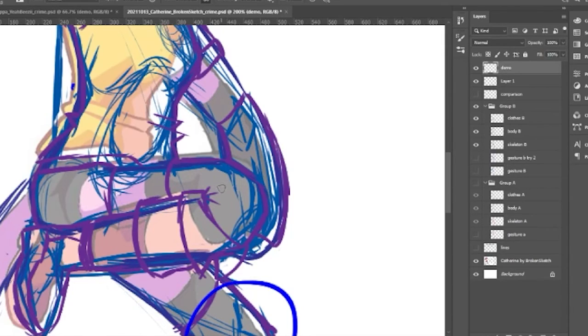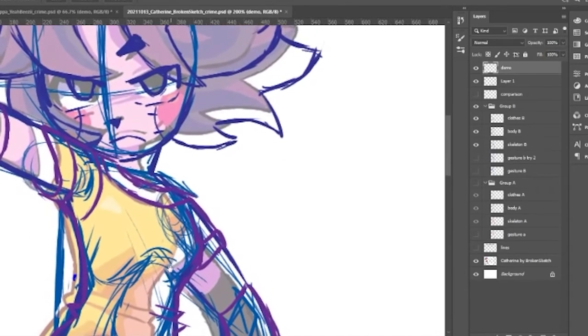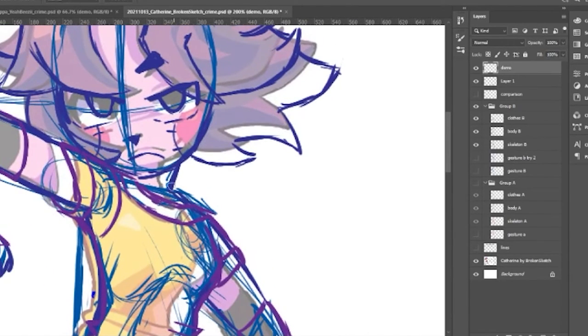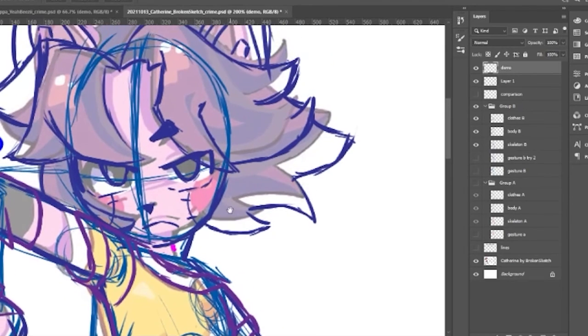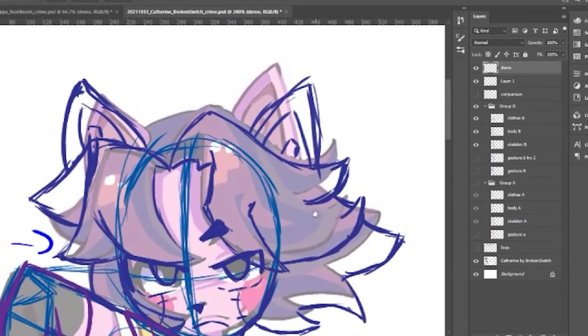Remember how I was telling you about the leg? Well, it gave me a lot of trouble. You can see it's like really messy down here. And I had it like down here. You can see these lines. They're kind of like remnants of where I had it. I had it like here, like down here. I had the angle totally wrong. And then the leg was all the way down here. It was awful. But I think the rest of the stuff I got pretty close. This neck needs to be changed. The head's only a little bit off, I think. Like, I'm not too worried about how I did on the hair here.